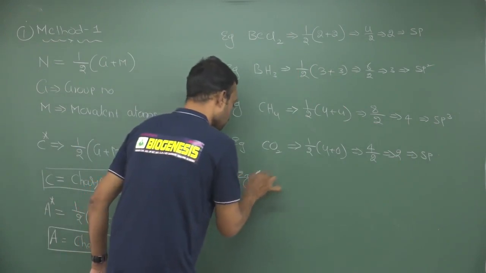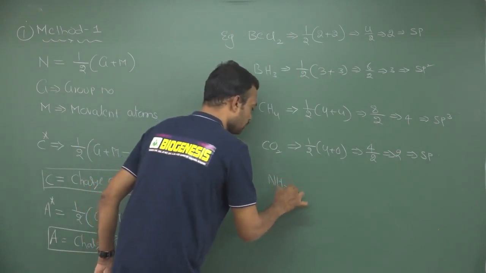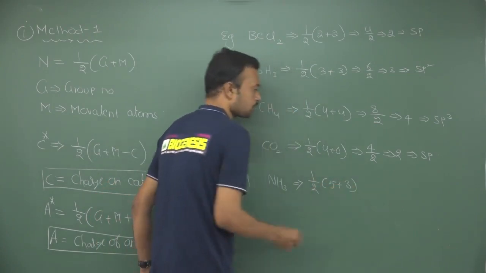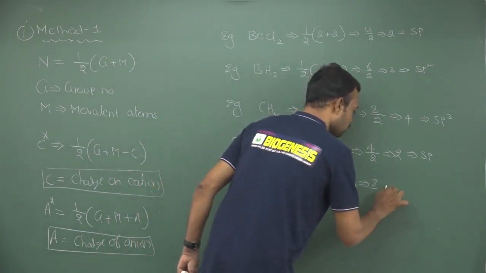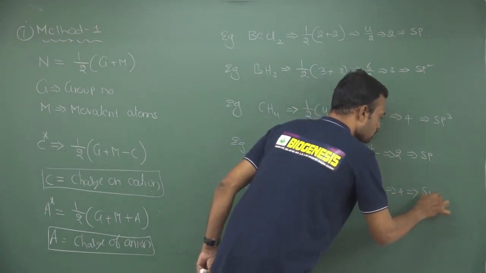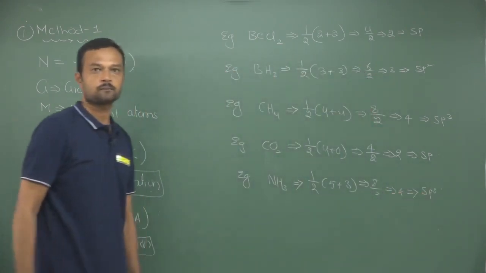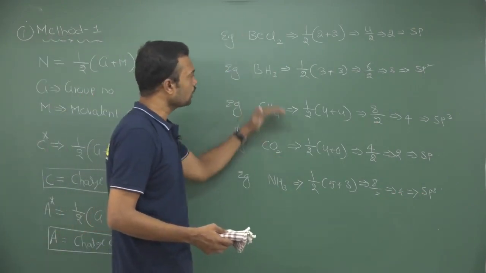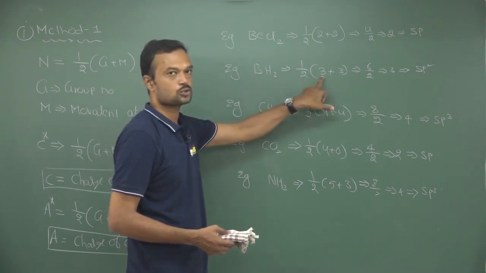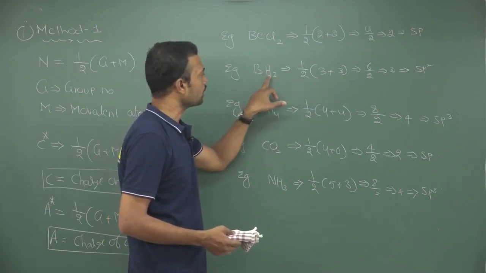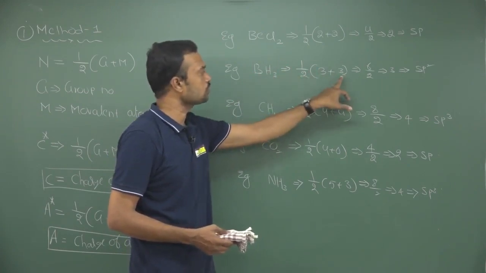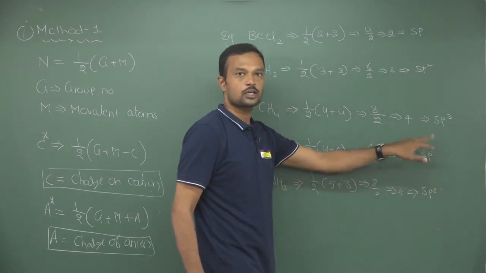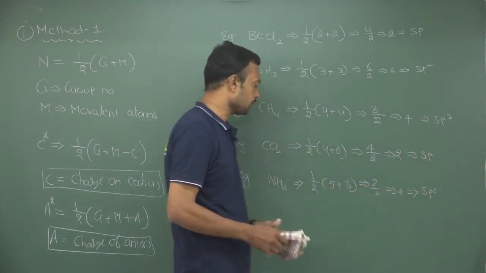Okay. Not only this, we can take even ammonia. See, here nitrogen is a fifth group element and 3 atoms are present. Finally 8 by 2, you get 4. Now the hybridization is simply sp3. So like this you can take many examples. By taking a neutral molecule, the central atom's group number should be substituted here, and the number of monovalent atoms present around that central atom should be substituted here, and finally you will get one number by dividing by 2. That number explains the total number of pairs around the central atom. That can be calculated like this.